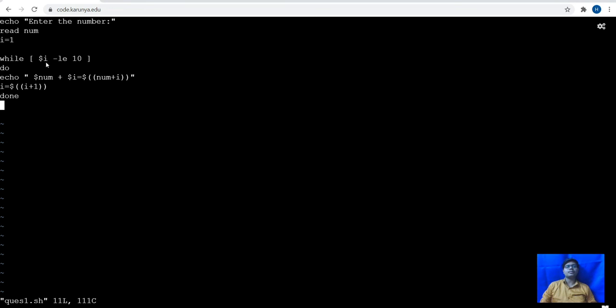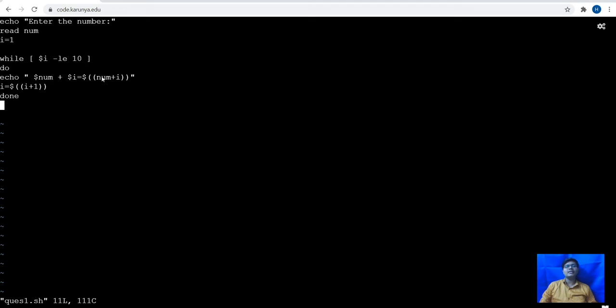While the variable i -le 10, do the operation. This will print the number, here 2, and it will execute from 1, repeatedly 1 2 3 4 5 6 7 8 9 10.